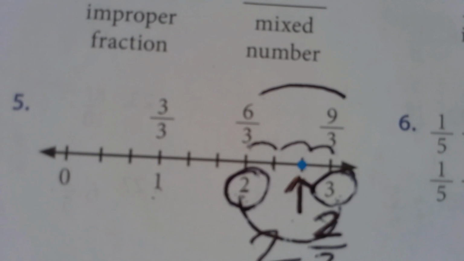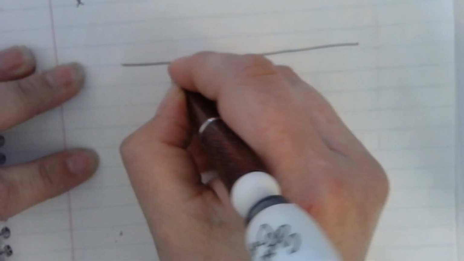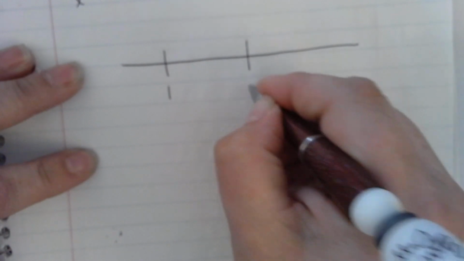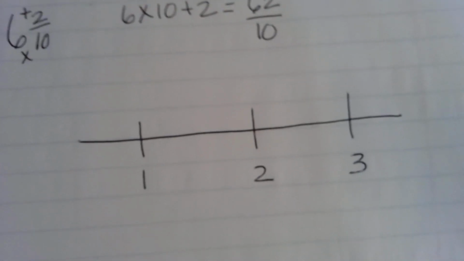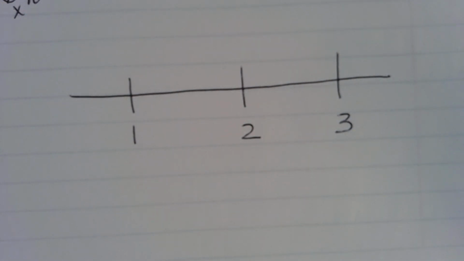Okay, hang on one second. Let me look at this. I'm going to do this right here, nice and clean. I had a 1, I had a 2, and I had a 3. You do not have to write this. I want you to look at it. Now, if you are looking at a number line,